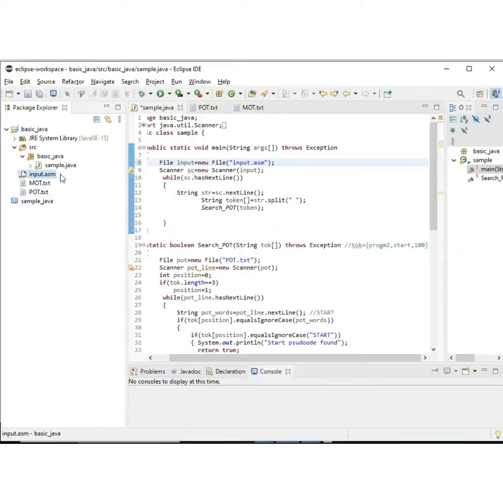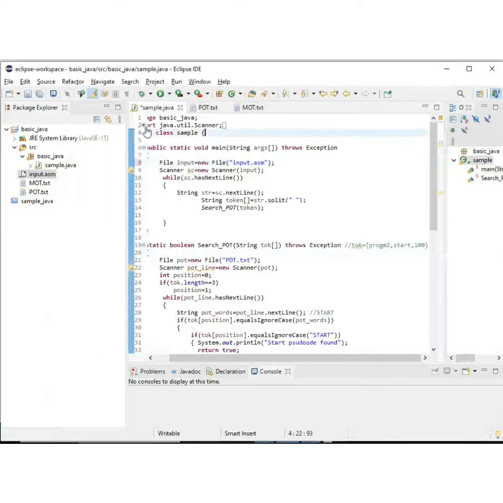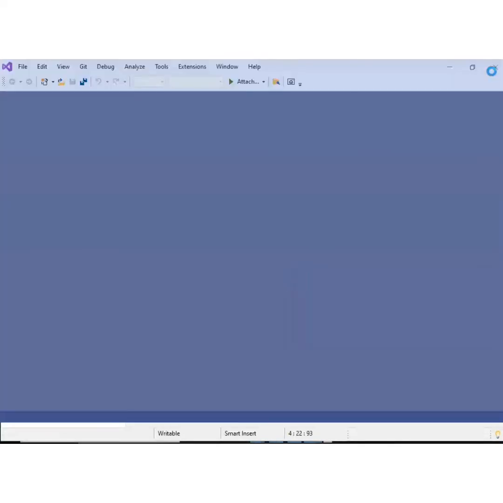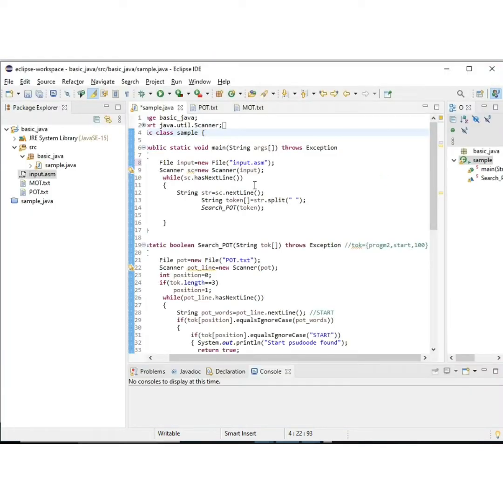So in your current project you will be having input.asm. It is again going in Visual Studio, no issues. We will just execute this. Whatever change I have done, is it working or adding bugs in my code? That I have to make sure. It was working perfectly fine when I had given a complete path of it. Let's see if we execute with